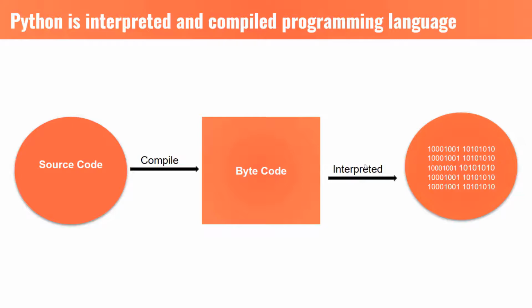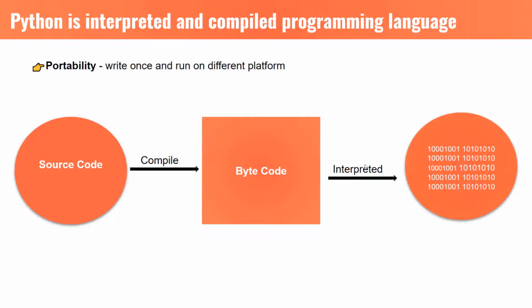By the way, why do we have to make it so complex, having compilation first and then going for the interpreter? That's for one reason: we use the concept of bytecode to achieve something called portability. So what is portability? We have this term, platform independent, meaning you can write code once and you can run it on different platforms. For example, as your machine changes, your CPU architecture also changes. So if you compile for one machine to get a binary file or native code, it may not work on some other machines because that machine may have a different CPU architecture.